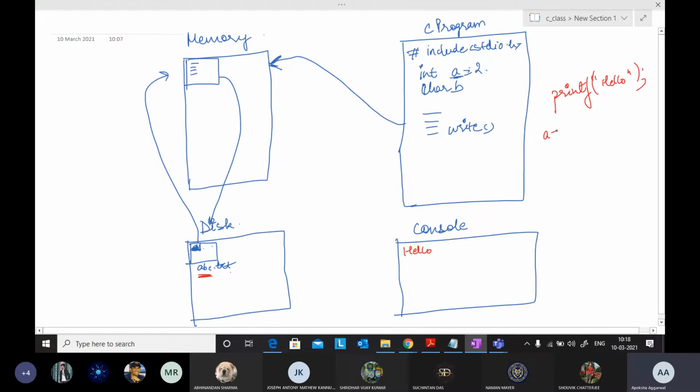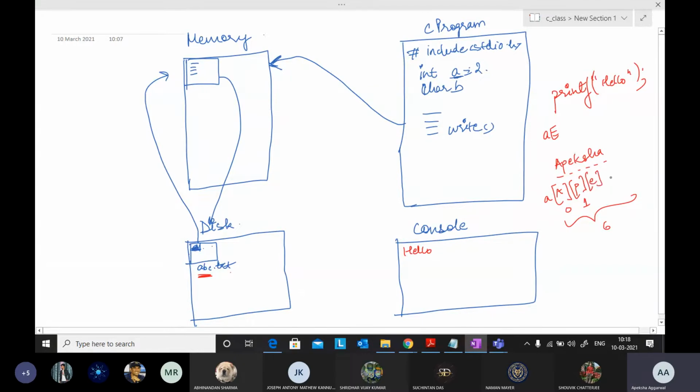But instead of hello, I want to print hello Apeksha. So I will assign Apeksha to a character array, because Apeksha has 7 characters, and each and every character I need to store in an array. So I will store A in the first location, P in the second, and so on. So this is an array of locations, right?